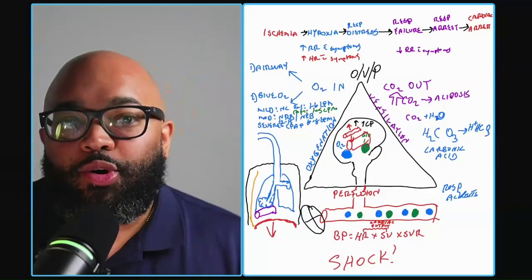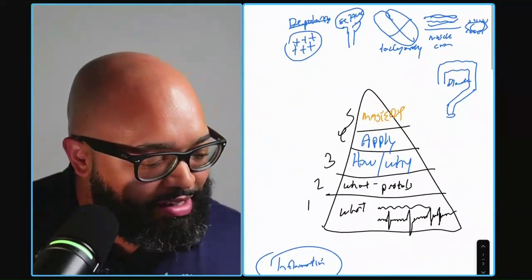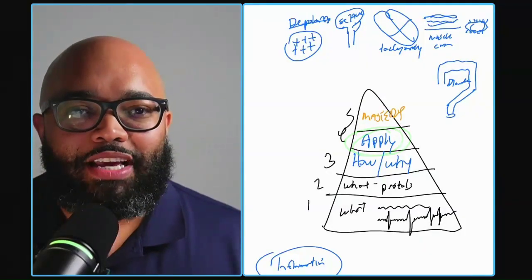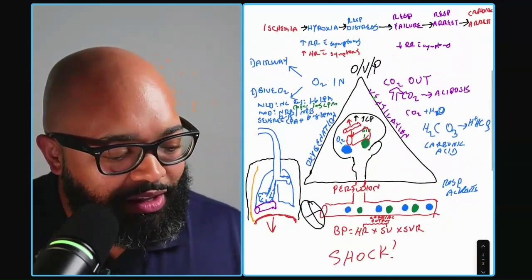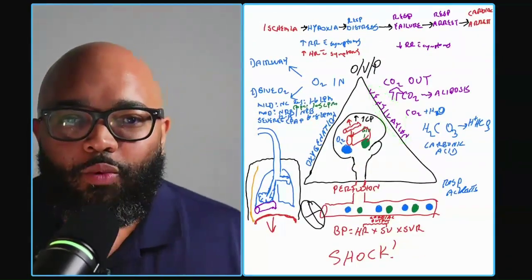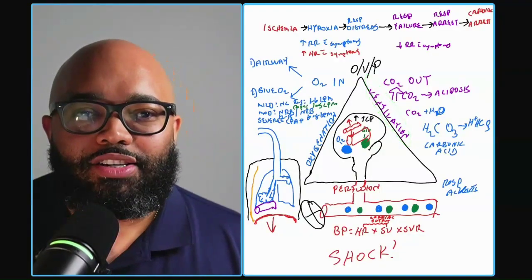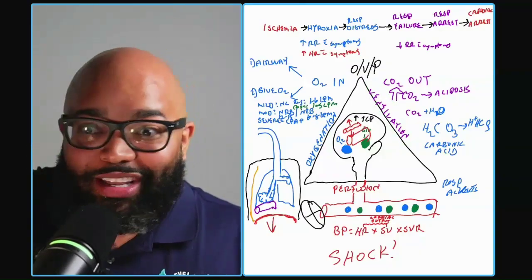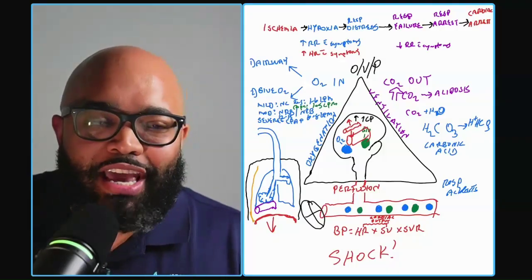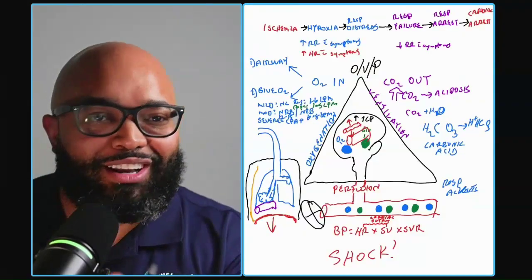Now let's talk about some possible reasons. Test questions, all they do is take a concept. Remember how I said you want to be able to take one little concept and apply it a lot of different ways? That's exactly what the National Registry does. All they have to do is take one little concept called ventilation. We can come up with 50 or 100 or 1,000 questions on the fly for ventilation, and then all we have to do is change age, gender, stuff like that. And now that's another question. The concept didn't change. It's just what questions they asked that changed. The concept still comes down to oxygenation, ventilation, perfusion.